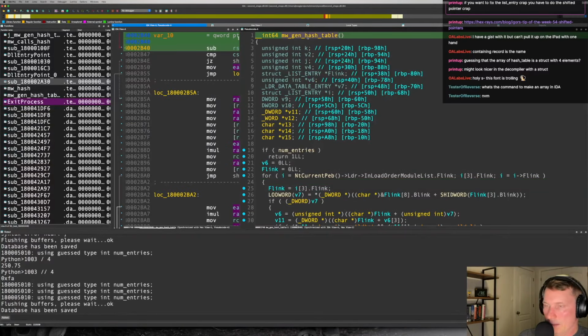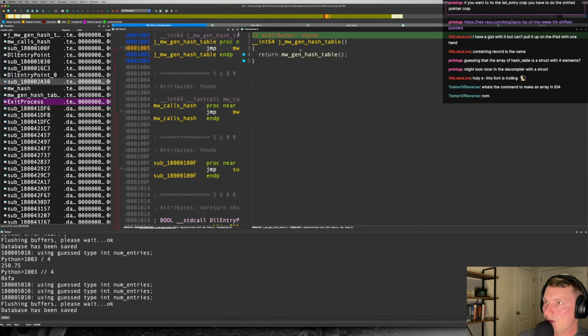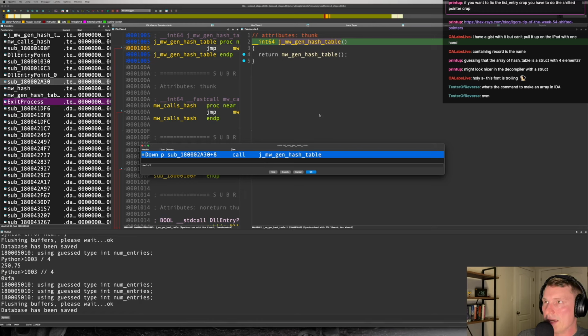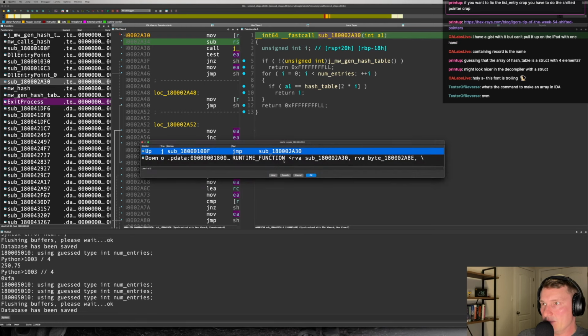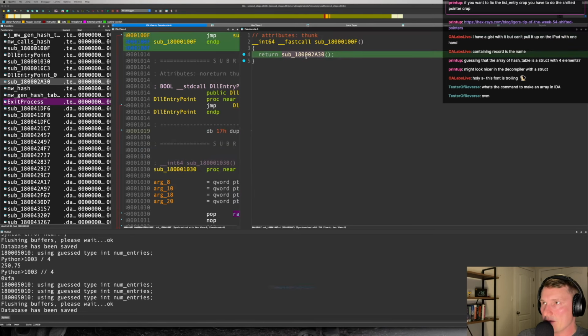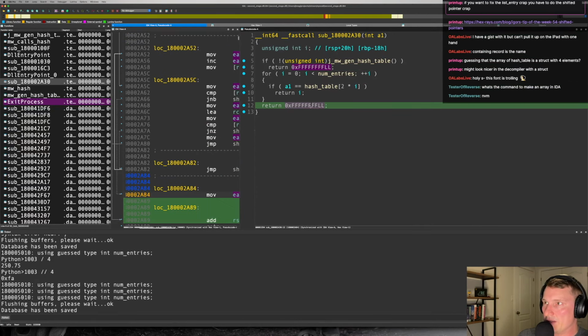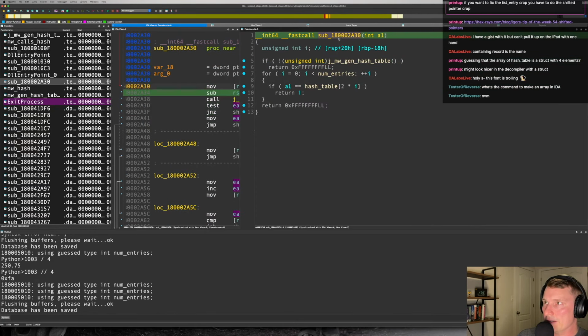So kind of what I wanted to do is, this is actually not in HashDB. And I know I can add it to HashDB, but I thought it'd be fun to try some of the headless stuff and generate the hashes ourselves, and then just make an enum that we can import into this project. So